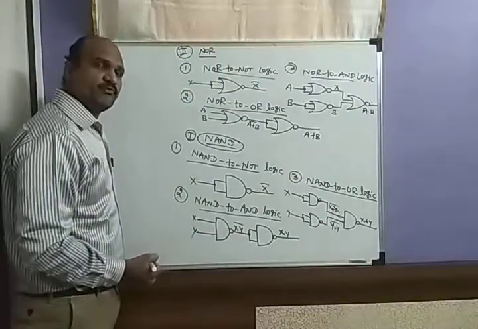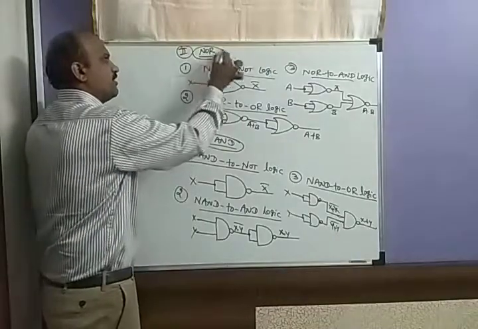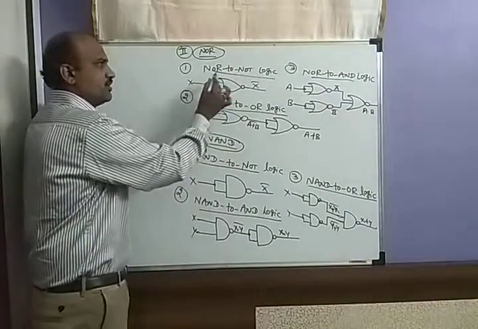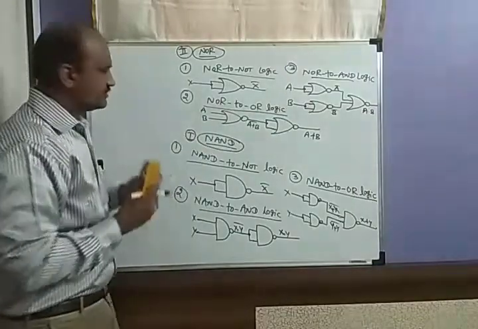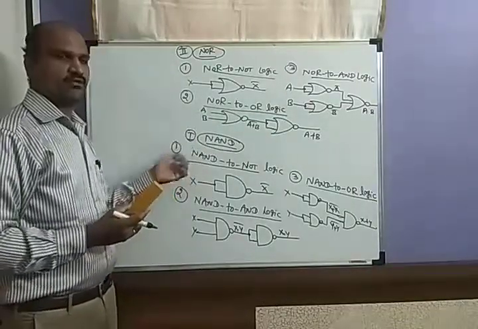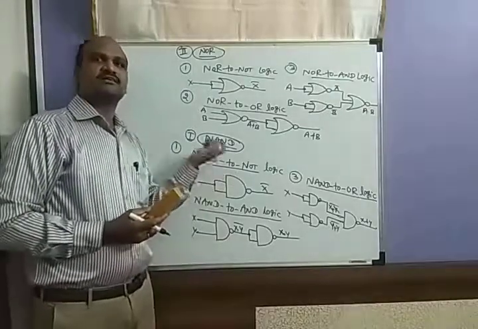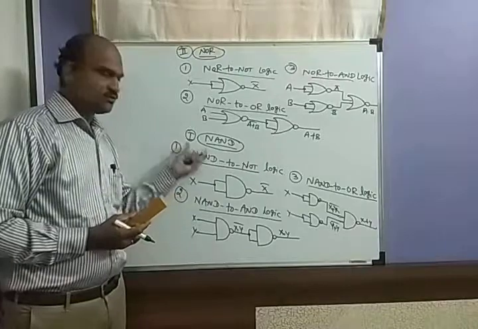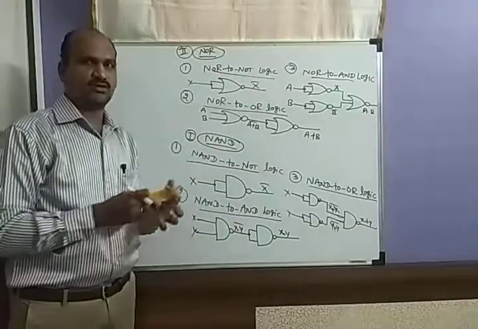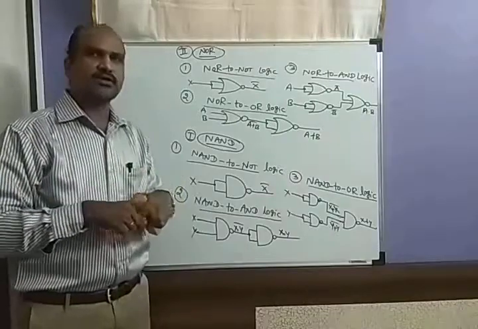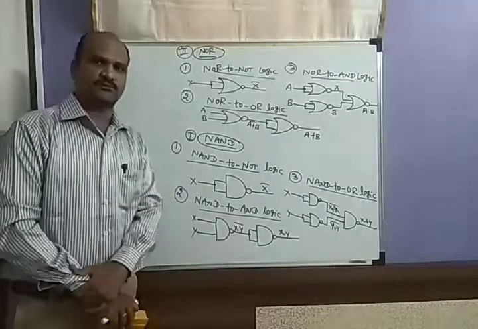This is very important: these two universal gates, NAND and NOR, are used to derive the NOT gate, OR gate and AND gate. They may ask you a 3 marks question: derive the basic gates using NAND. You should write all the 3. Or derive the basic gates from the NOR. This is a very important concept of universal gates. Thank you very much.